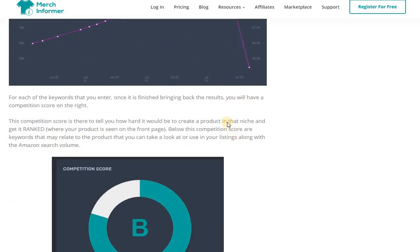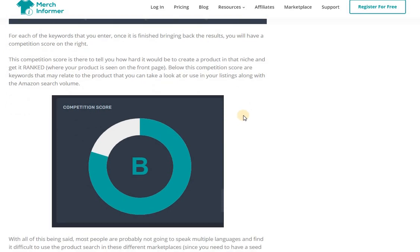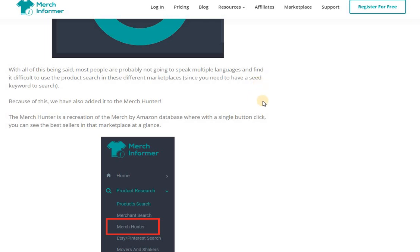You can also check out your competition score and see, for example, based on the title, the keywords, all that information that you've entered, how your product and niche are ranked compared to some of the other products with the same keywords and information. And then they go through the Merch Hunter